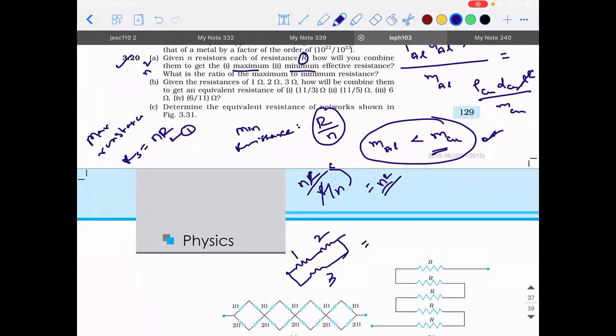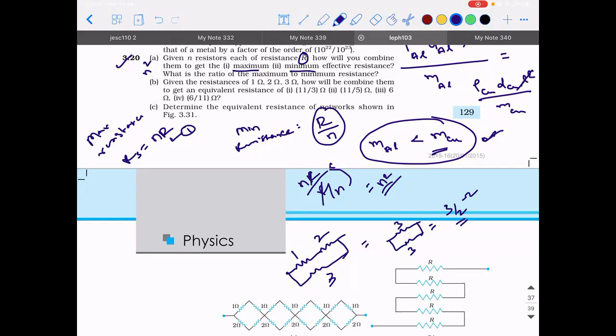The answer would have been 3 divided, 3 and 3. When 2 resistors of equal value are connected in parallel, the equivalent resistance will be half of the value, that is, the product divided by the sum. So what did you say? 3 by 2, sir. That's right. So it will be 3 by 2 ohm. That is 1.5 ohm. But 3 by 2 is not what we want. So what are we supposed to do? 1 and 2 should not be connected in series. Then what are we supposed to do?